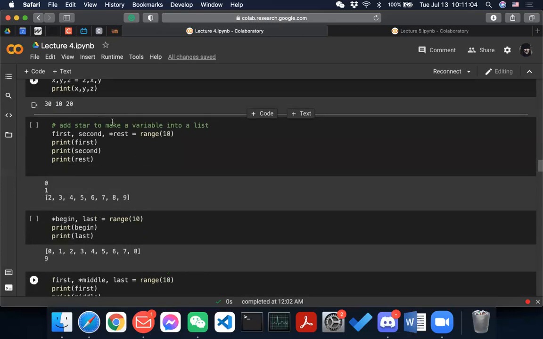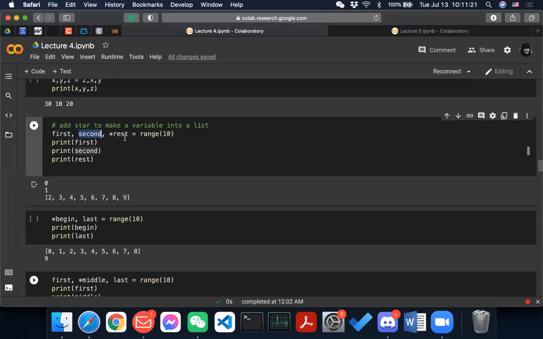Right. So with this packing technique, what you can also do is you don't unpack everything, right? You only unpack a certain number of elements. All right. So you can do first, second, and then this star here makes the variable into a list.